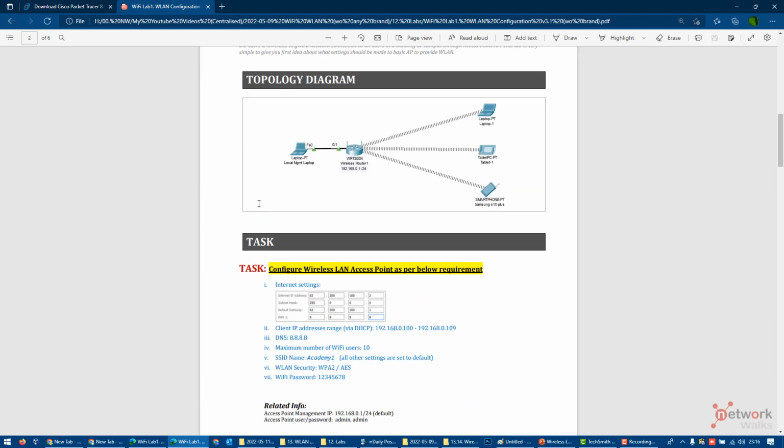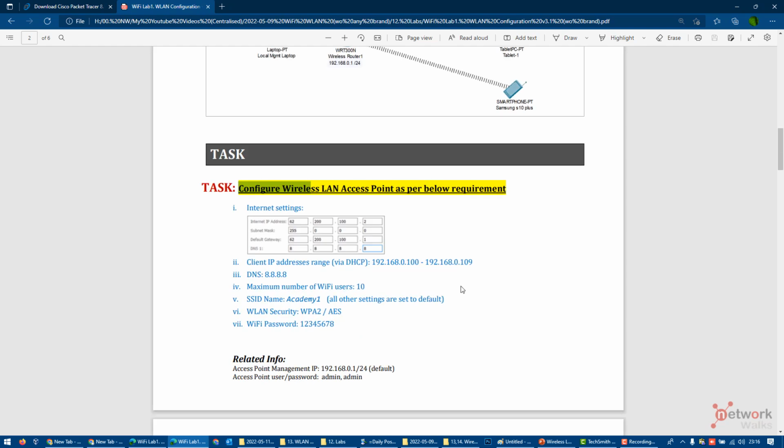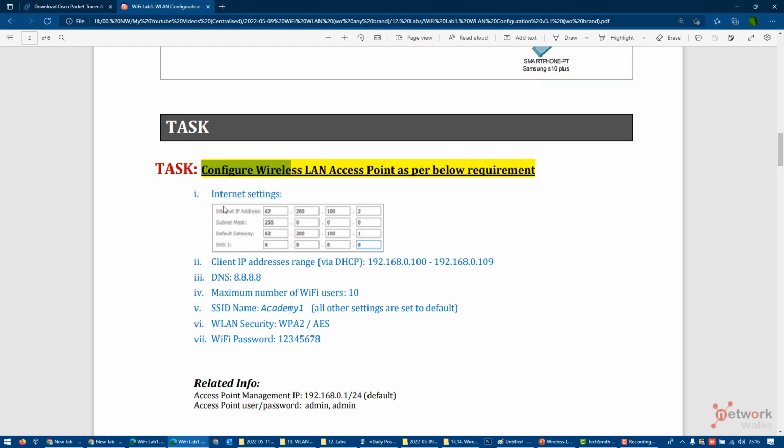So it says that this is the topology diagram and this is the task which we have to perform. I always prepare my labs according to this, where I give you a task to perform, to do some configuration, some troubleshooting, diagnosis or whatever for the practice. So here the task which has been given to us, it says that we have to configure a wireless LAN access point according to the below requirement, that the internet or WAN setting, wide area network, the settings should